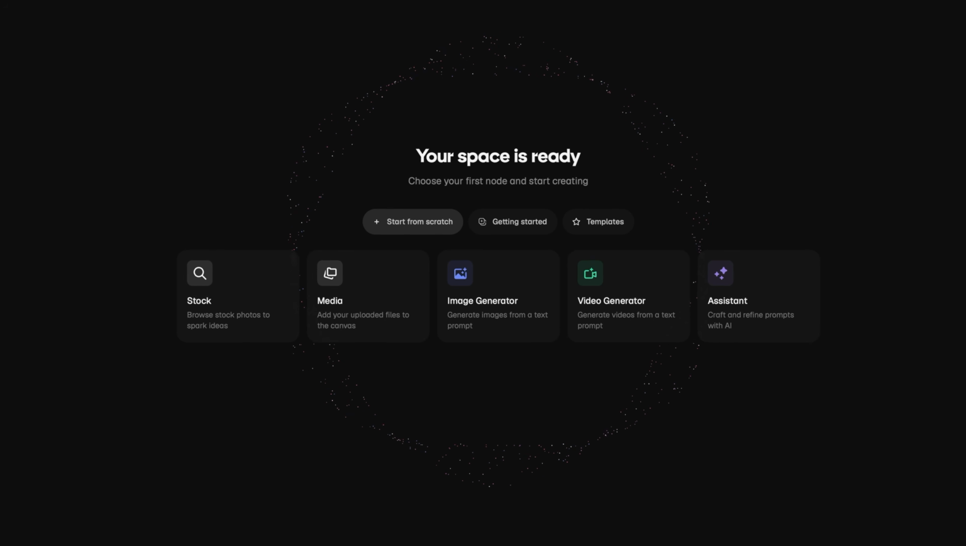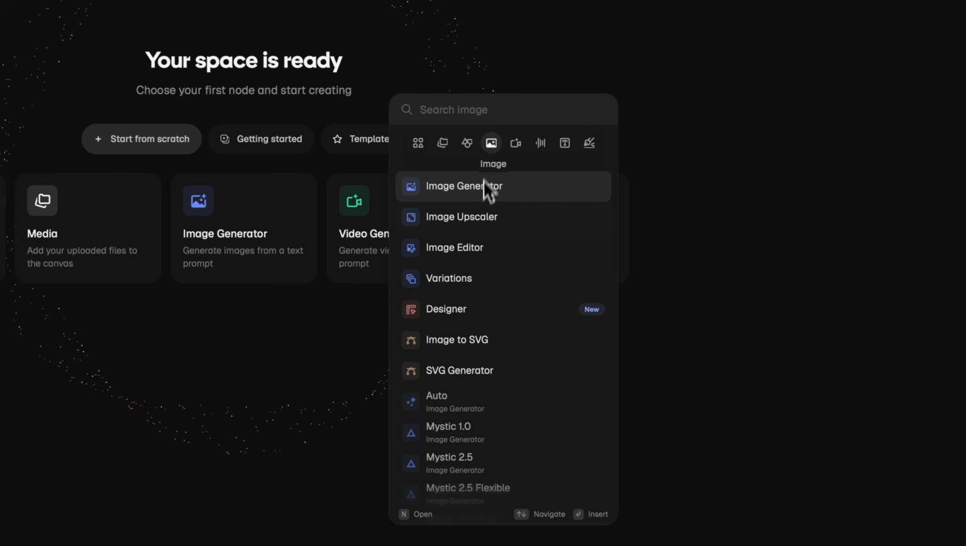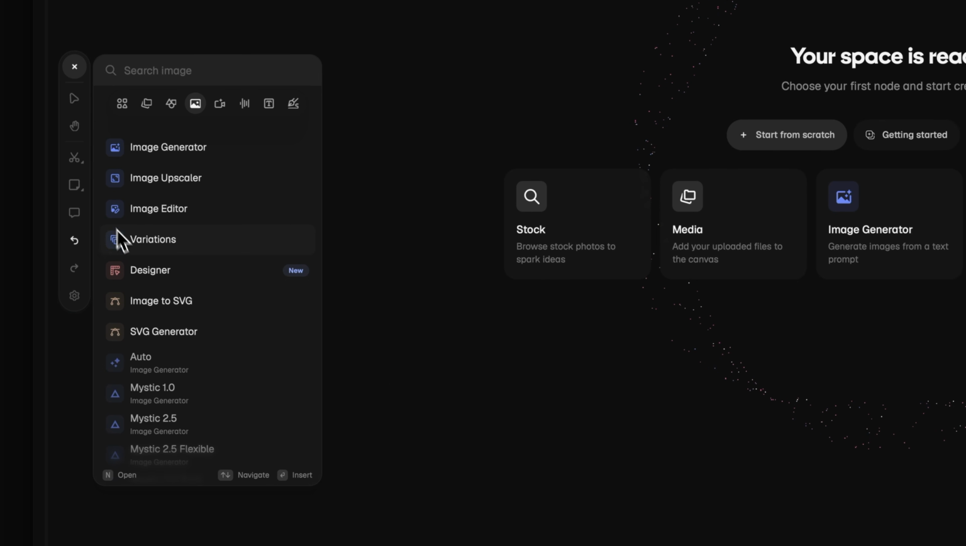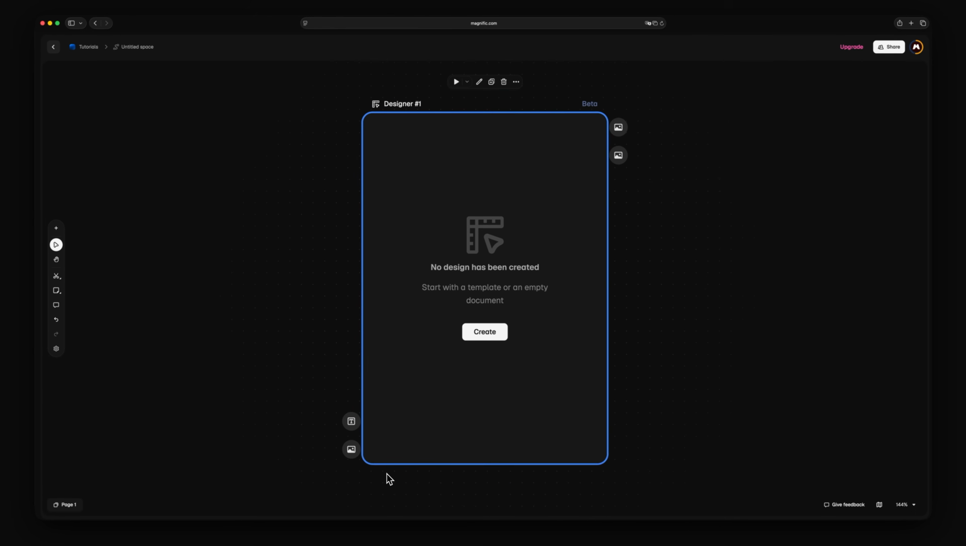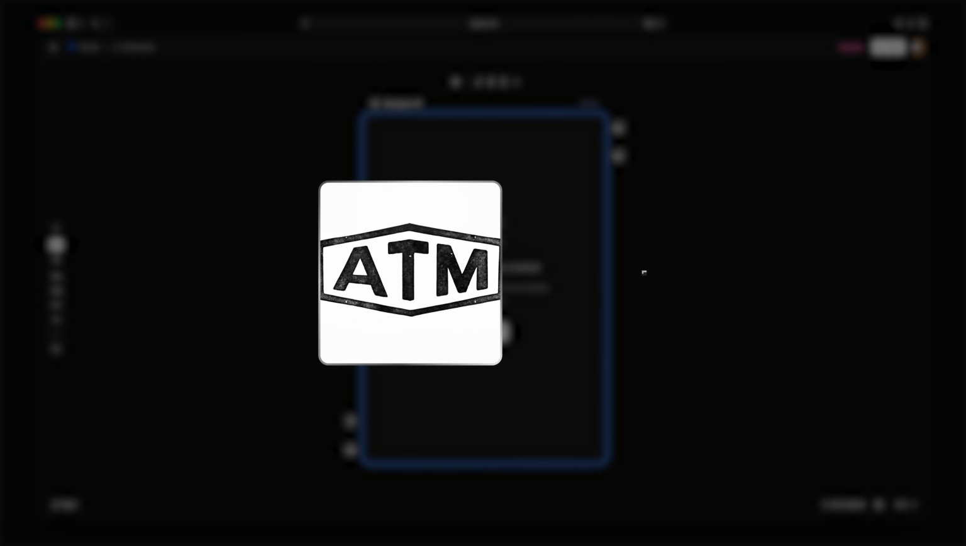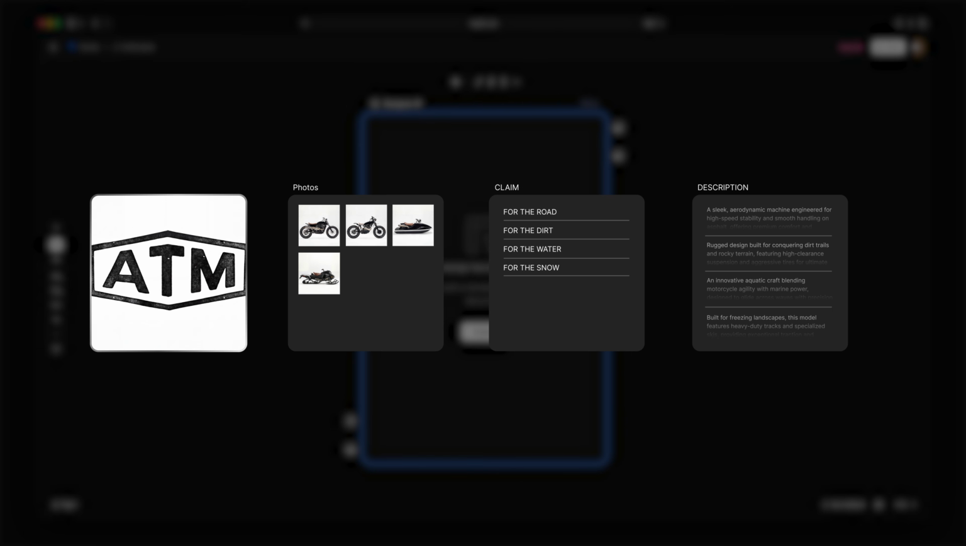To add a designer node, you can either right-click on the canvas and scroll down to find it, or click the plus button in the left sidebar and create it from there. Once the designer node is created, before diving into how the tool works, we first upload all the assets we need. In this case, we'll use our logo and create 3 different lists containing the text that will be used